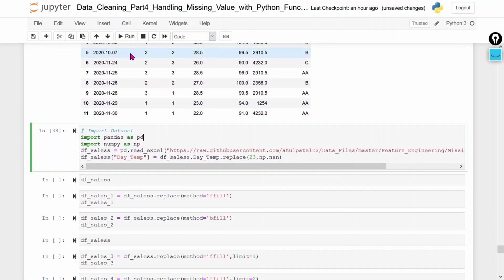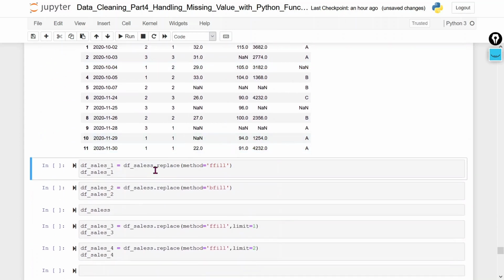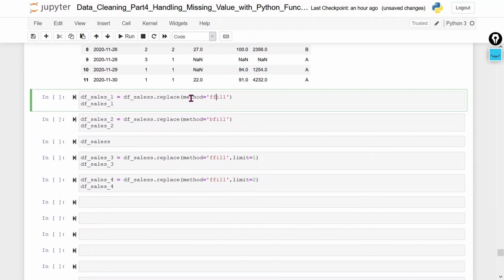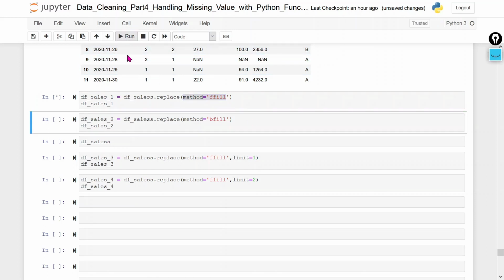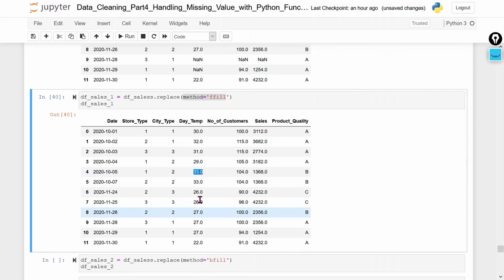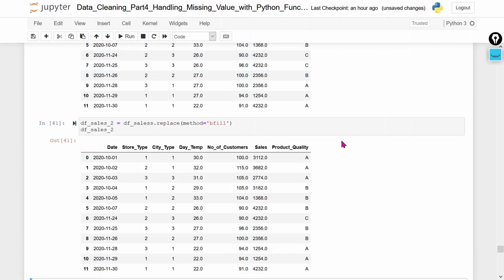I am again going to import the data. Now this is your data set. Now I am going to use method equal to fill, the same which we have used earlier. Same way it will work here. It means forward, column wise. This value will be replaced here this way. And if we go backward, then the next value will be replaced in the previous column value. If we use the axis, then it will work row wise.